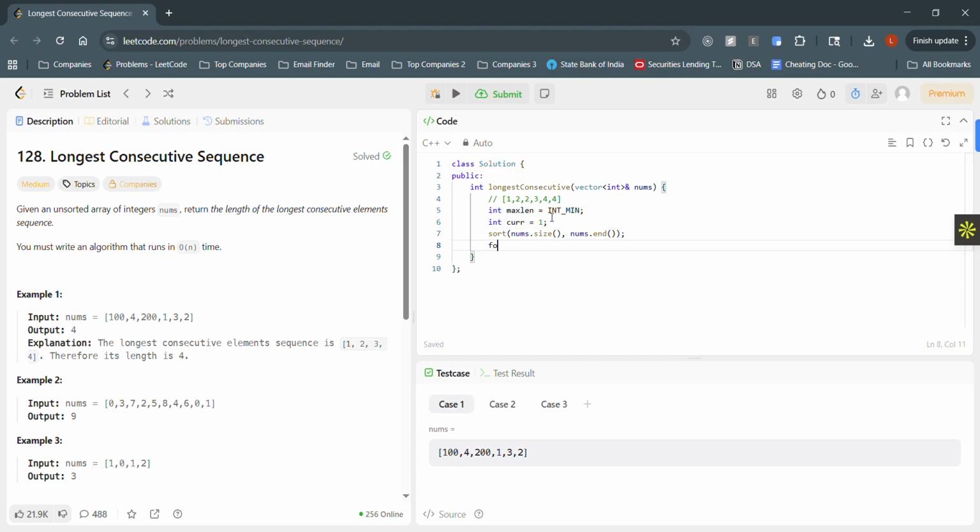and we keep on checking whether the current value is previous plus 1. So we go from 1 to n, and we check if nums of I is equal to 1 plus nums of I minus 1. Then it means that the previous value was 1 less. So it means that they are consecutive. If that's the case,